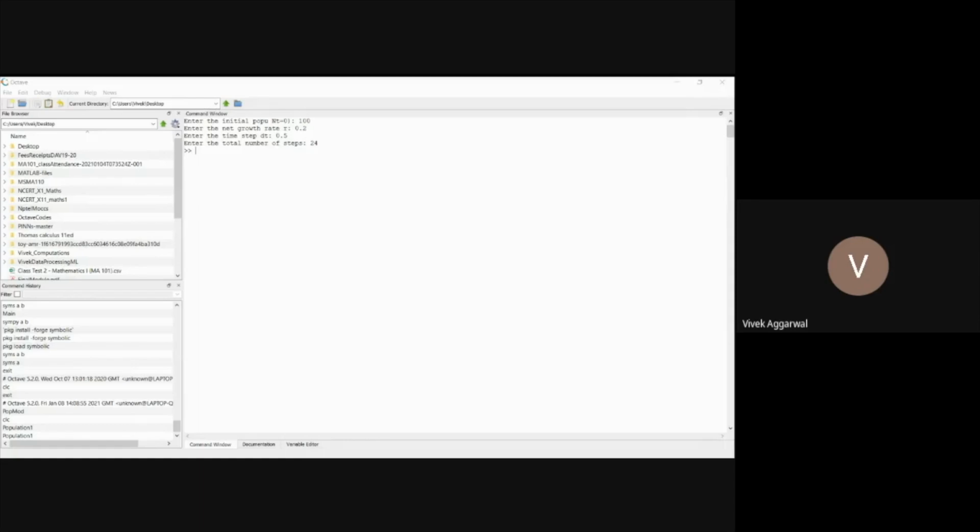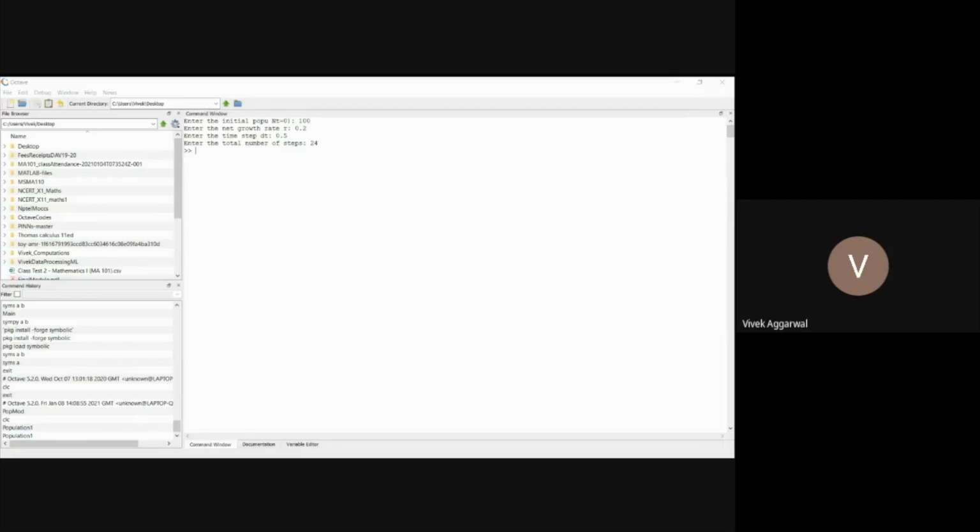So here you can see that the time is from 0 to 12. So 0 to 12 means I'm taking the time for 1 year, and I started with the population 100. So on day one, the population was 100, and after 1 year, this population became almost 1100.